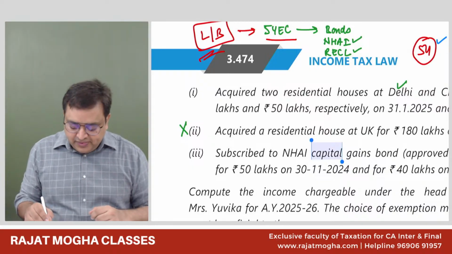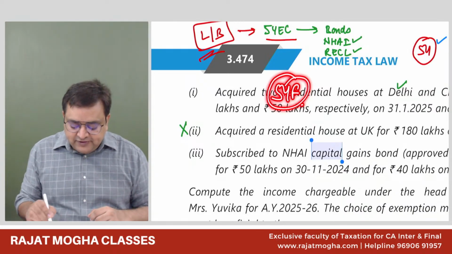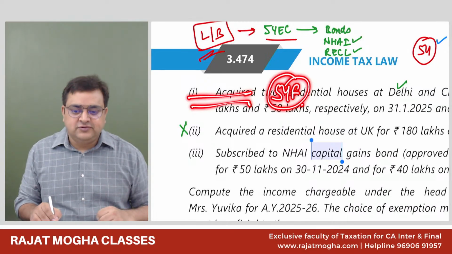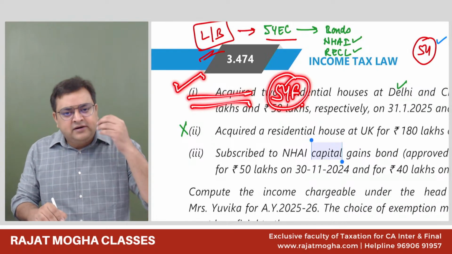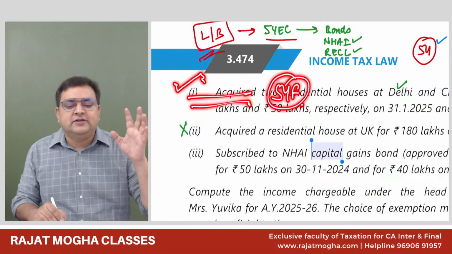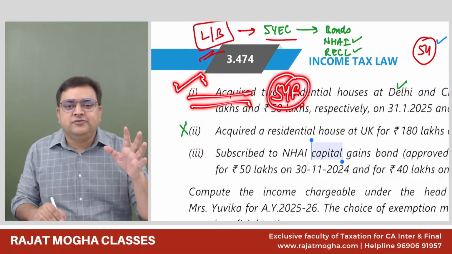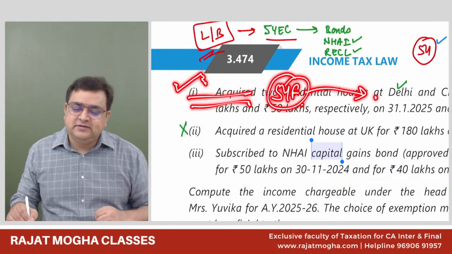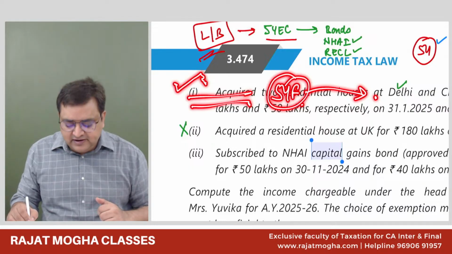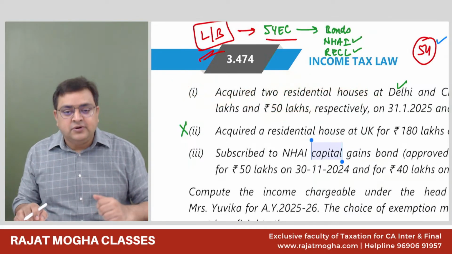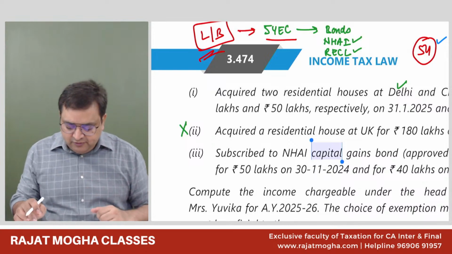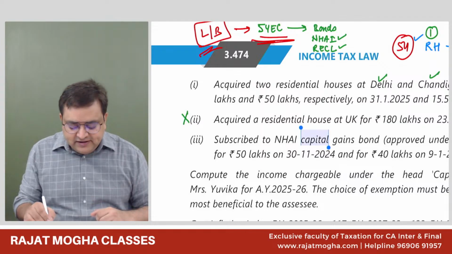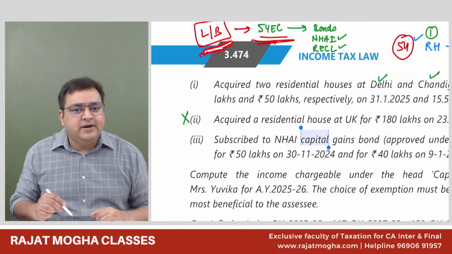54F is there. In 54F, they say that you can transfer any asset other than a residential house. Here in 54F, you can transfer gold, land, or shares. But here in 54F, you have to purchase or construct only and only a residential house. And 54F exemption is also formula-based exemption. Do you remember? So in this case, 54EC can also be allowed because land and building is transferred.